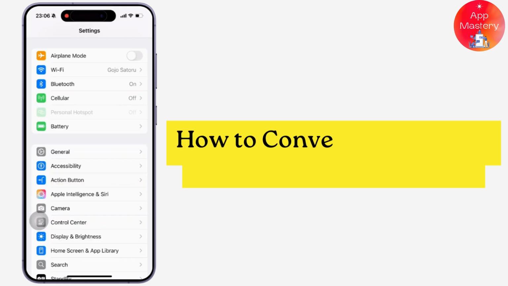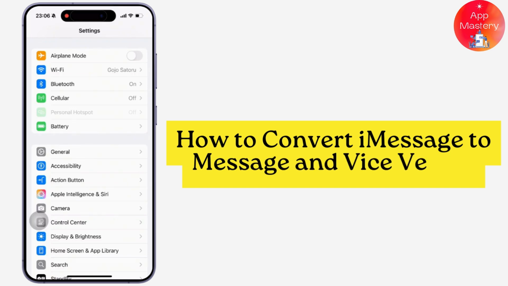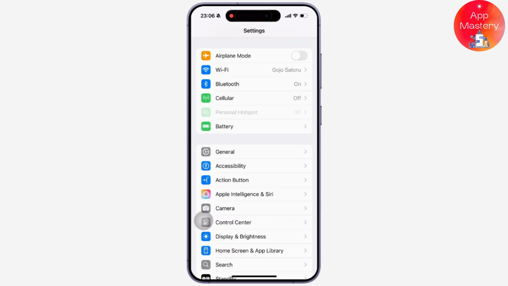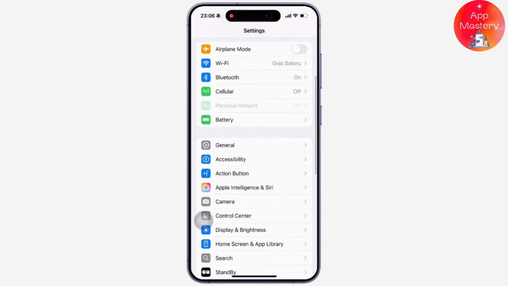Converting between iMessage (blue bubble) and standard text message (green bubble) on an iPhone involves toggling settings or ensuring specific conditions are met. So here is how to switch between them. So firstly, what are iMessage and text message? iMessage (blue) is Apple's Internet-based messaging service for communication between Apple devices, whereas text messages (green) are standard SMS/MMS sent over